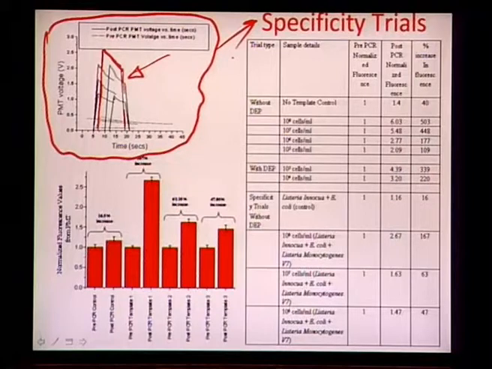So, to test this particular illustration, we actually mix a bunch of different cells and try to understand the sequence of amplification. In this example for the specificity trials, we take 4 different templates, one of which is a control, having Listeria innocua and E. coli,